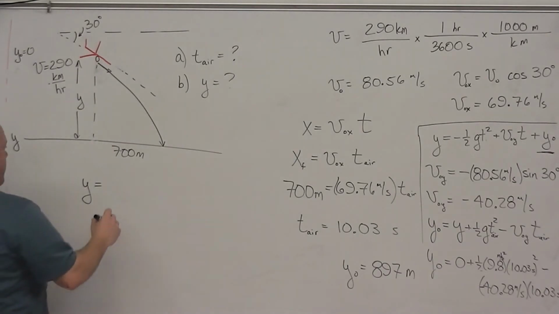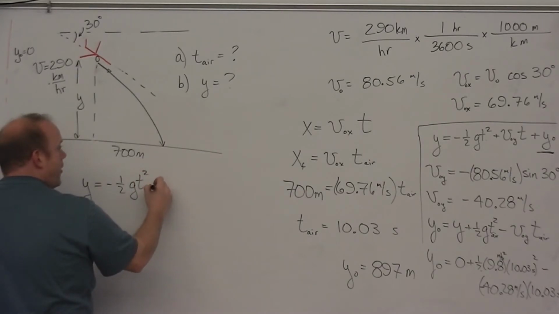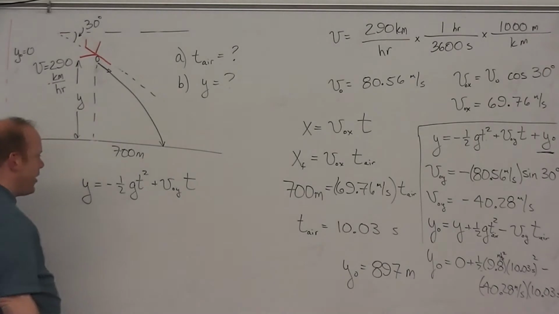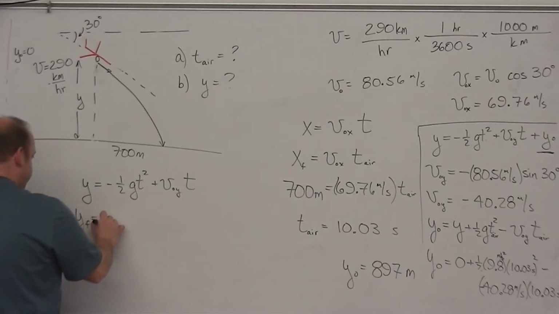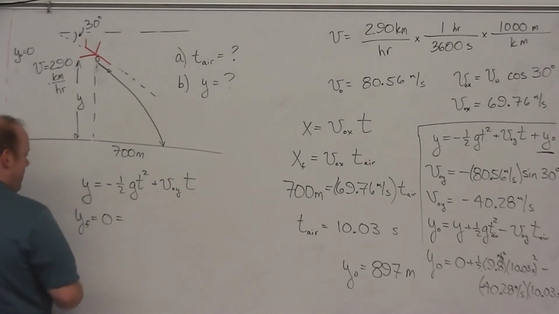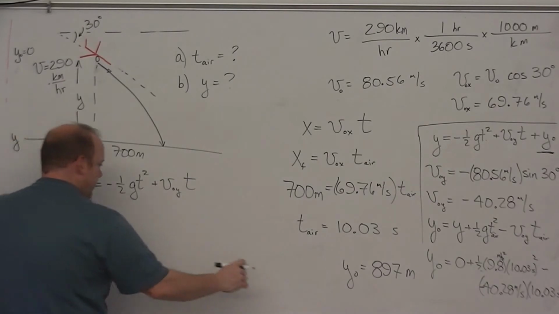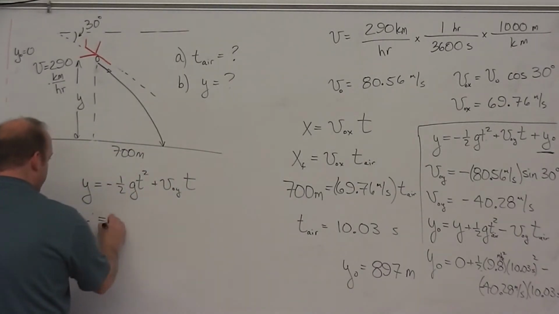So in that case, I have y is equal to negative 1/2 gt squared plus v0y times time. Now y final, which is what I'm looking for, will equal